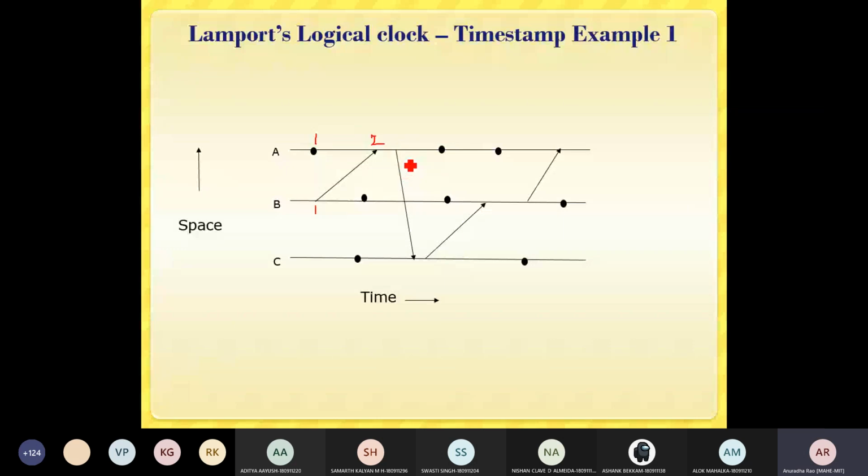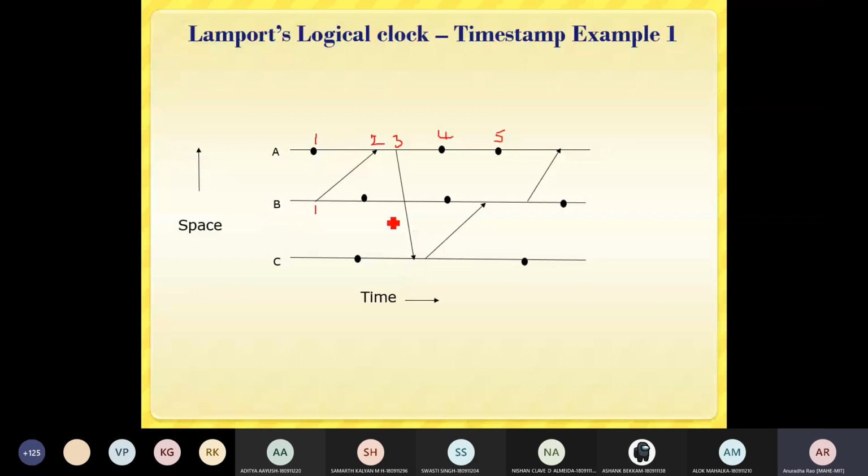And next in A, this is the timestamp, because next is the execution, which is a sequence. Again, it is a sending event, so you will have to consider the receiving event at C. Then the remaining next 2 events are in sequence, so you can have 4. Next, this is 5. Okay. And then here there is a receiving event, so you will have to wait to check what the timestamp should be for the last event in A.